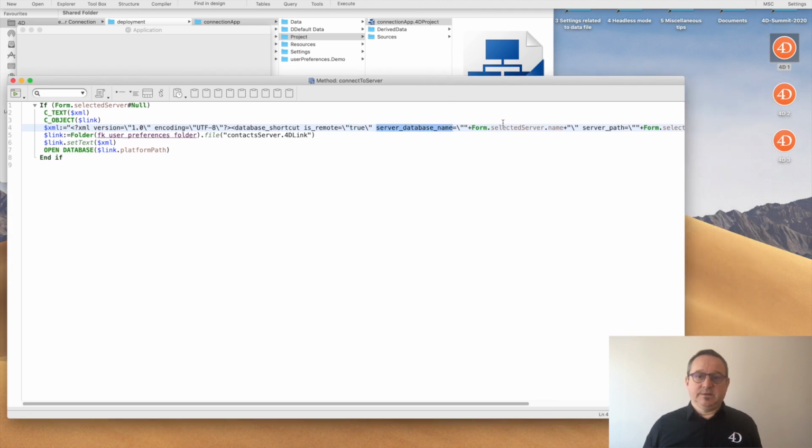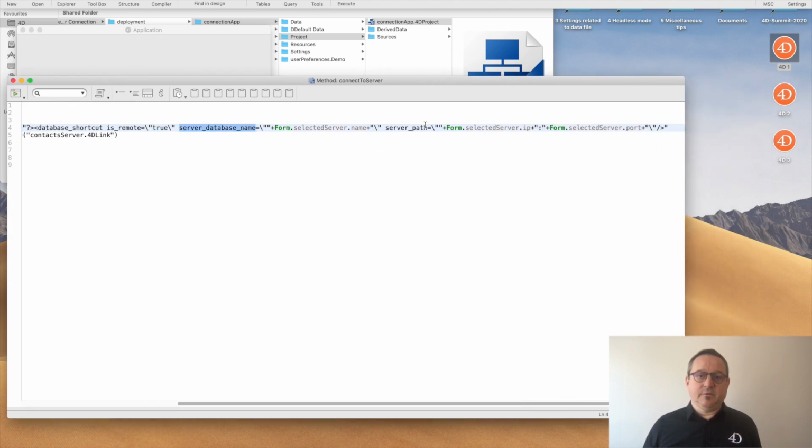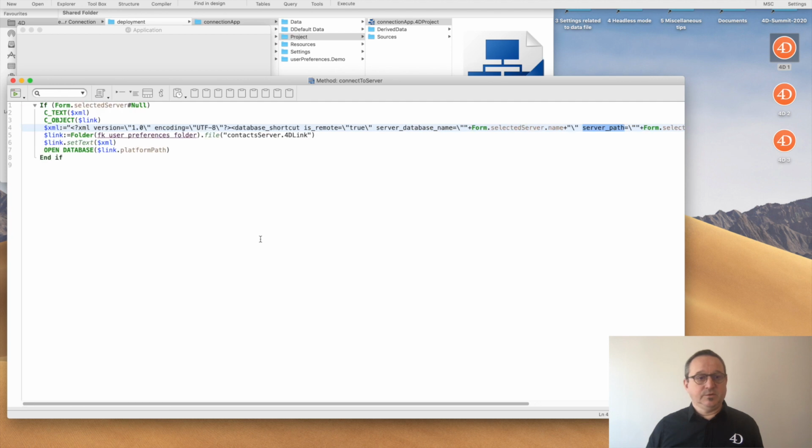The server database name, and then the server path with the selected server IP and the selected server port. Very simple. I create the 4D link file with a folder command, and then I use open database with the 4D link file. And at this time, the application connects to the 4D server.